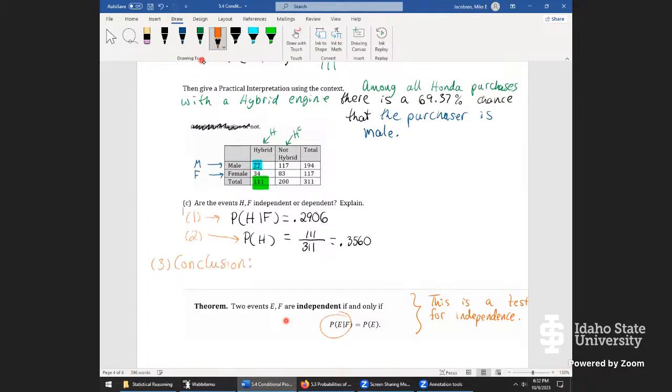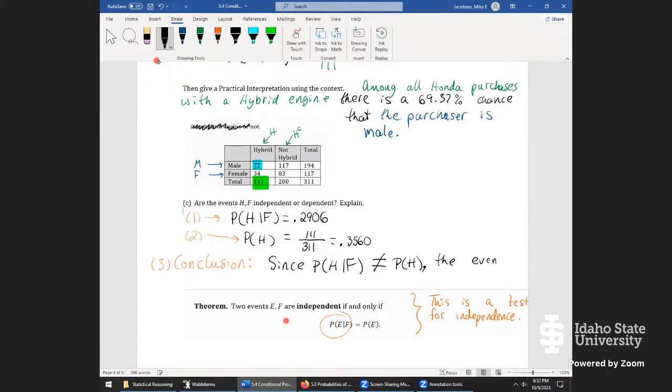We have to make an assertion, either they're independent or they're dependent. But let's take a look at what's happening. The probability of H given F is 0.2906, but the probability of H alone is 0.3560. We can say here, since probability of H given F is not the same as probability of H,